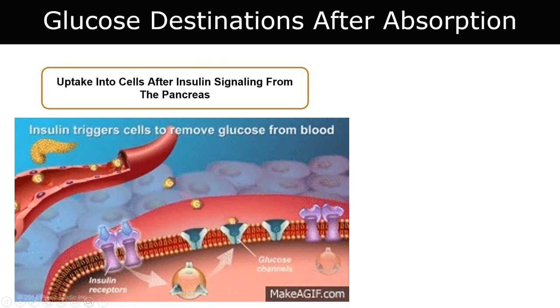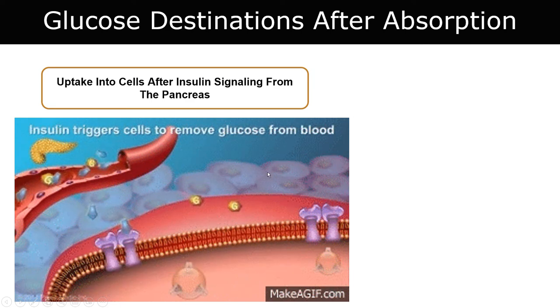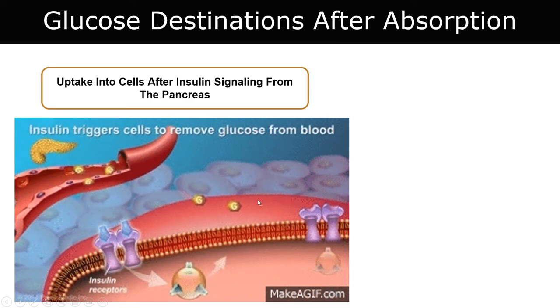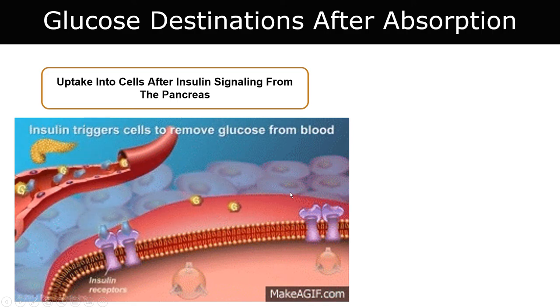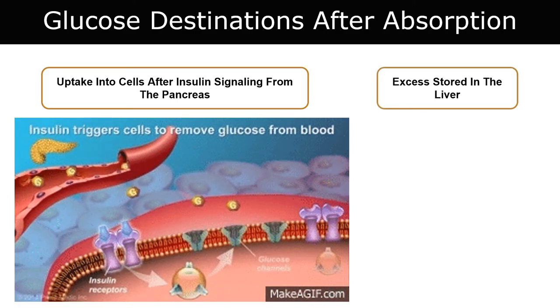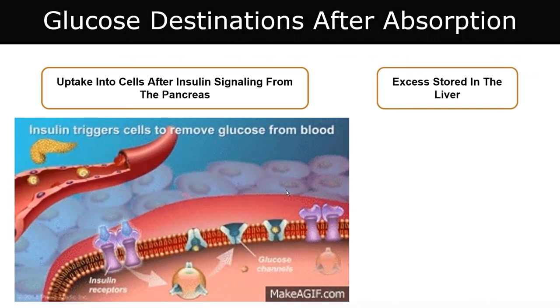So if you have low blood sugar and your body knows, hey, I need to get energy in these cells, it's going to go directly into the blood and supply that energy to whatever cells need it. If, however, you have an excess of blood sugar, you don't need sugar to burn right now, you can store it